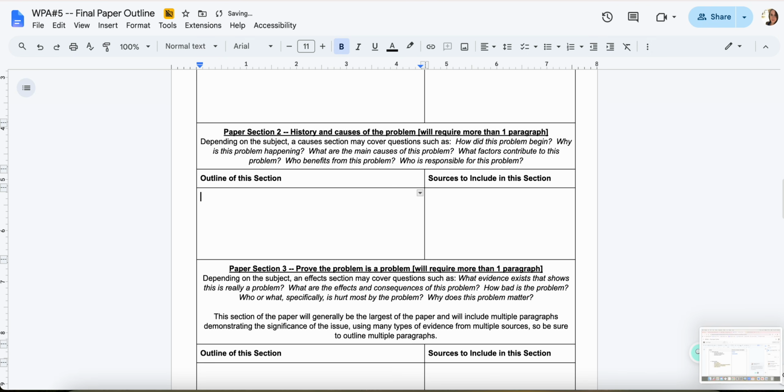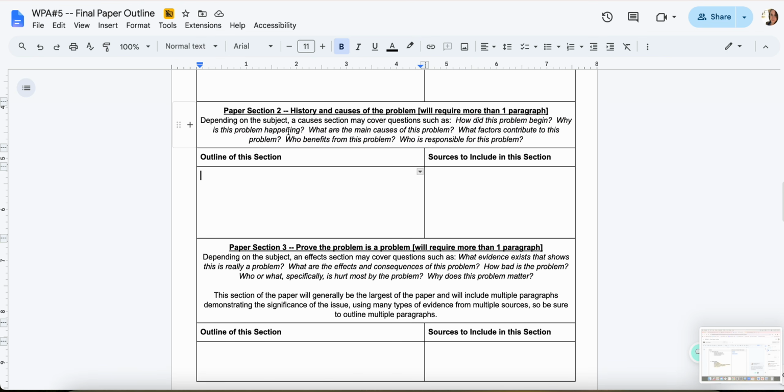These questions should not be answered in a list. These questions just remind you of things that you might want to cover in this section. It would sound really artificial and strange if your outline just followed these questions in a row. It would be repetitive and redundant and disorganized. So just use these questions to remind you of what you might want to cover in this section of your